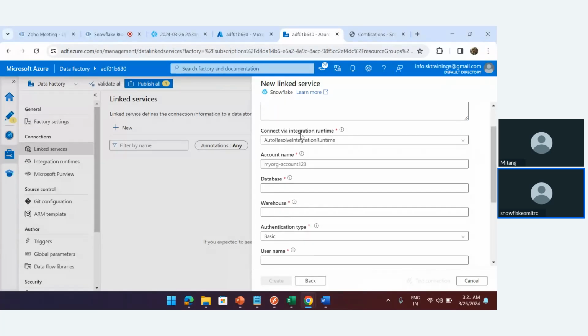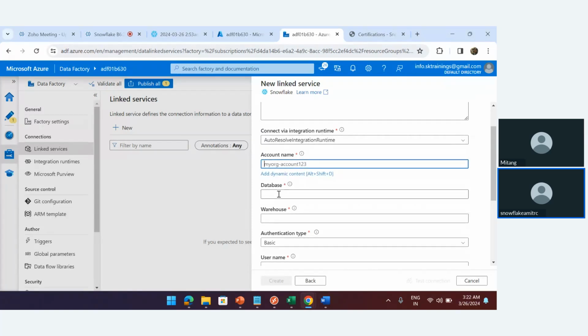Before that, we'll go to the connection. Okay, connect via integration runtime. So here we will be writing the account name, database name, all those things. Okay, so first of all, account name. So I'll go here and